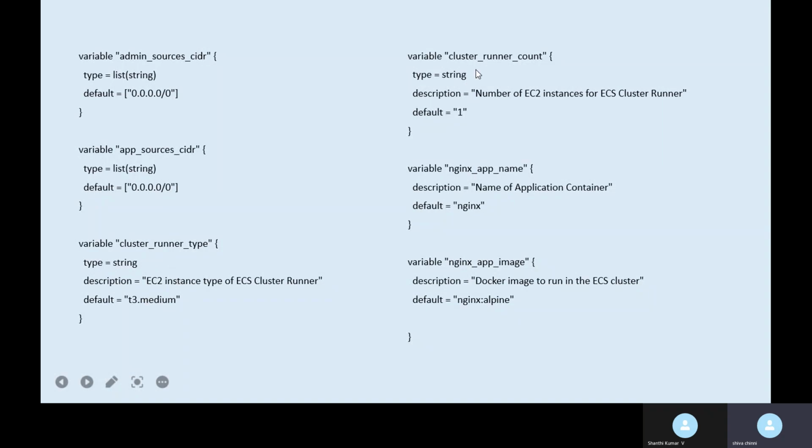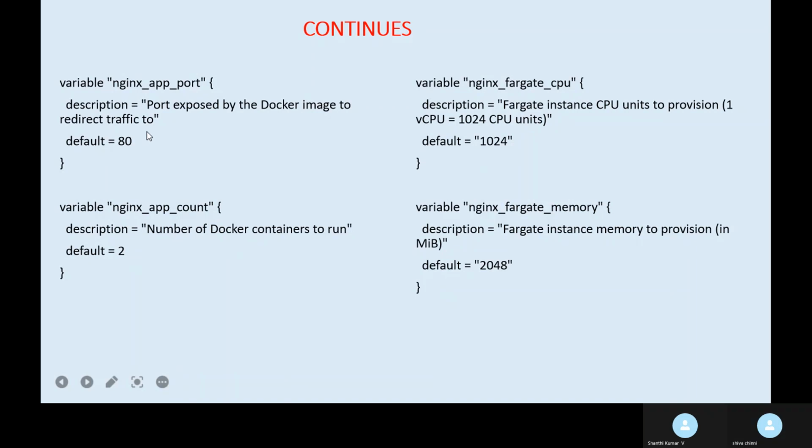for the ECS cluster. And for the cluster count, I have given one; you can give as per your requirement. For the sake of demo, I've given only one. Finally, we need to mention the Nginx app name, and I have given the Nginx default name to the variable. And for the Nginx app image, I have given the Nginx Alpine image to the variable. And for the port, I'll mention port 80, so it will connect inside the container from port 80. And for the Nginx app count, I have given two